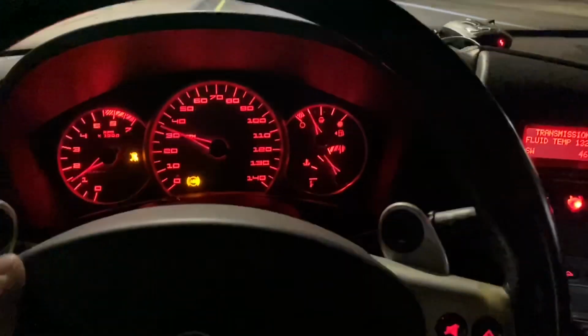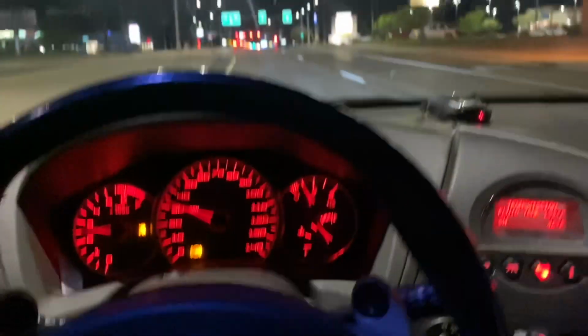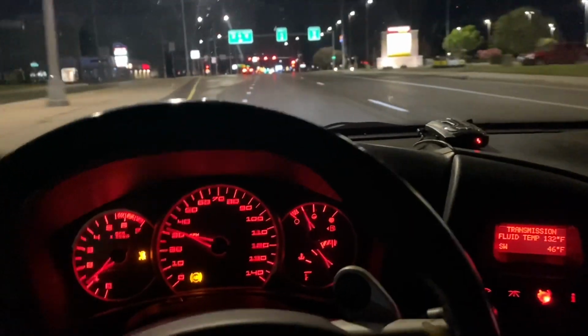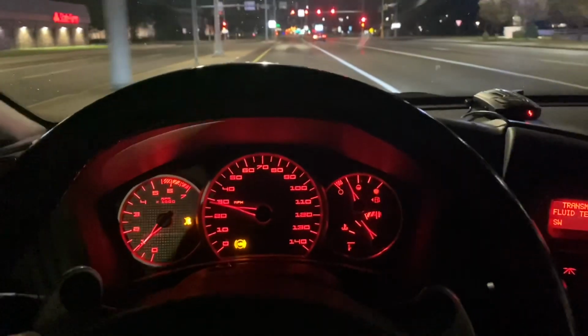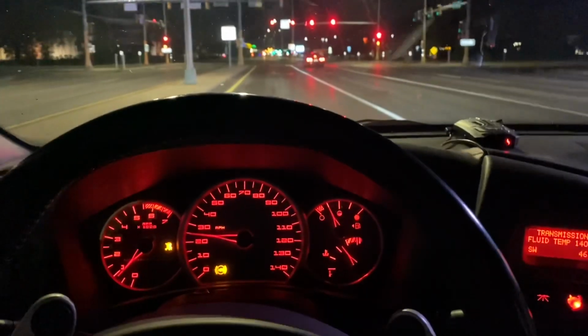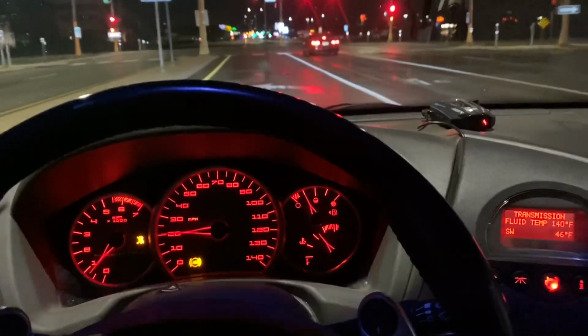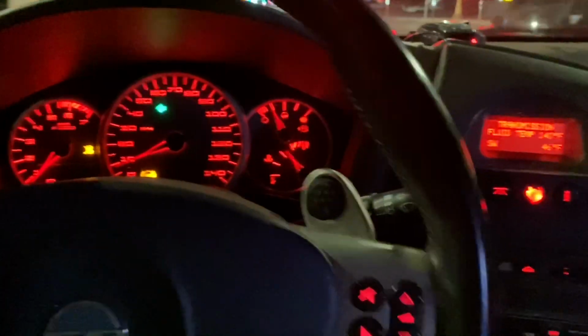some online seller on eBay, like a salvage yard, but it's got a warranty, and it's tested, and it's got 89,000 miles on it. I know that can be a lot for one of these transmissions, but it's tested. It's got a 1-year warranty on it, which is cool, and it was $600 shipped to my door. So I'm gonna get that in the mail and install it in this car. It drives fine for now, but